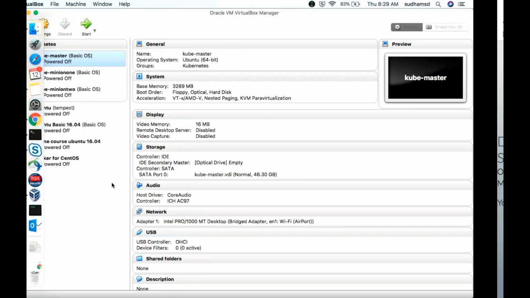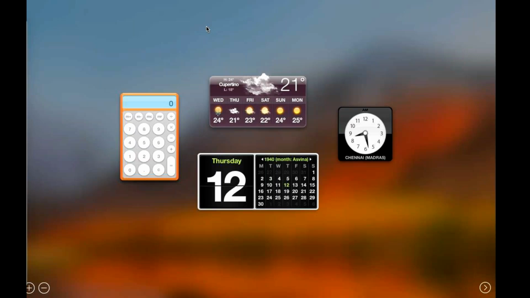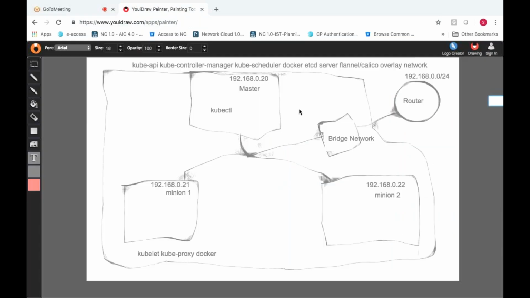Let's connect tomorrow at 7:30, and we'll start with the installation of Kubernetes, and then I will try to explain what is a pod and other things. We need to complete our task till here, installation and completion. Just now we have configured the servers with this particular architecture. Now we need to install these packages on the respective servers. So tomorrow we'll see how to do that experiment.